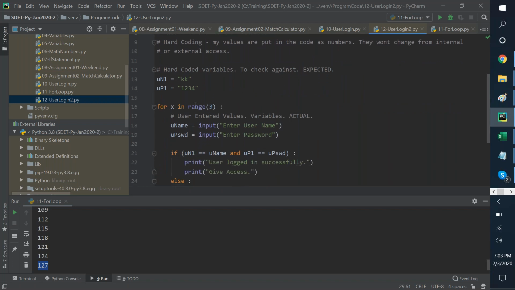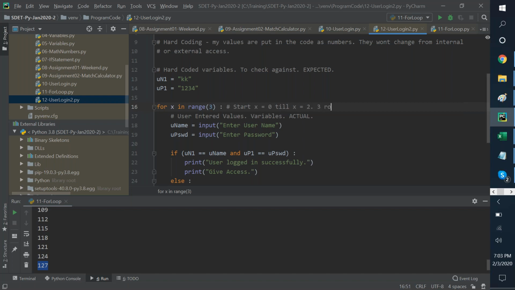When I say for x in range 3, this would basically start x equals 0 till x equals 2.